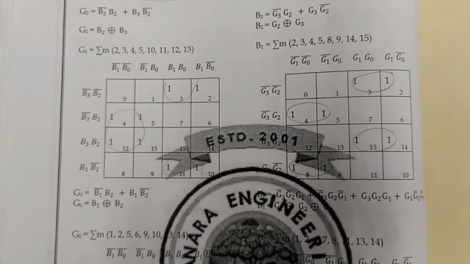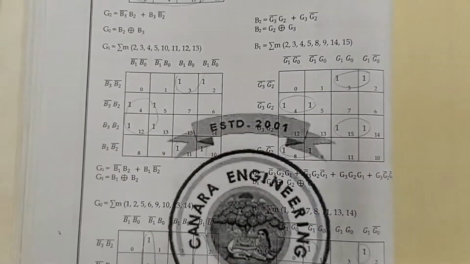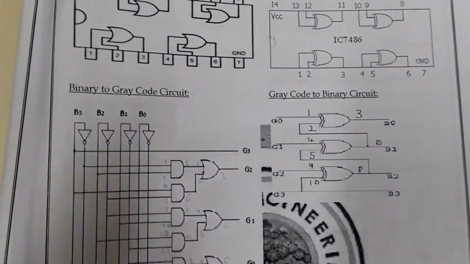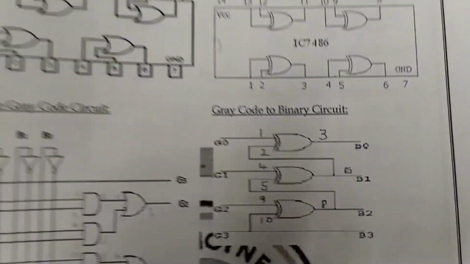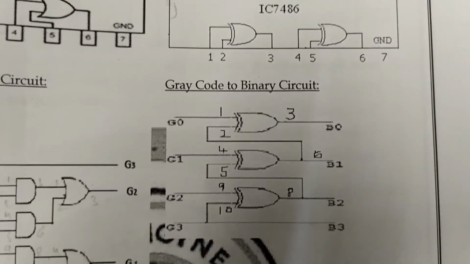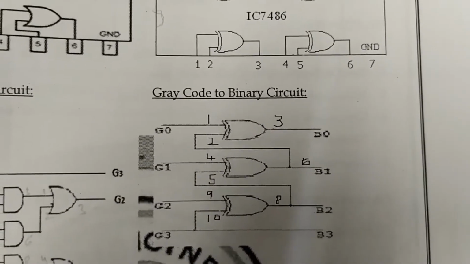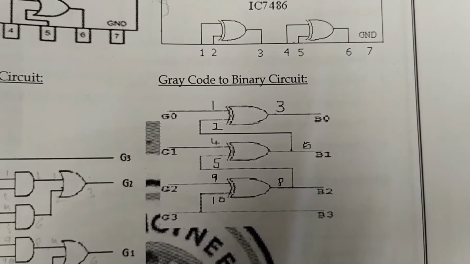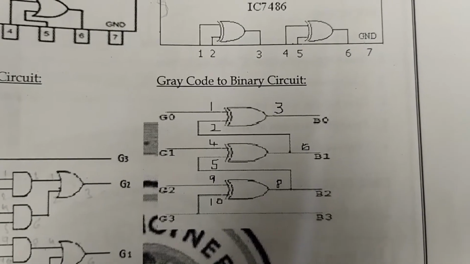So what I did here is, in order to make the work simple, I just implemented them using the XOR gates. So that depends on the question paper, whether they will ask you to implement it using the XOR gate or whether they ask you to implement using the basic gate. Sometimes they might ask you to implement one of the circuit using basic gates, and one more circuit might be asked to implement using the XOR gate.